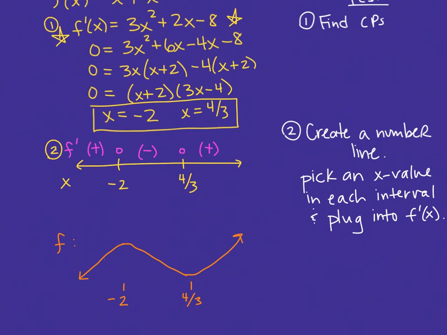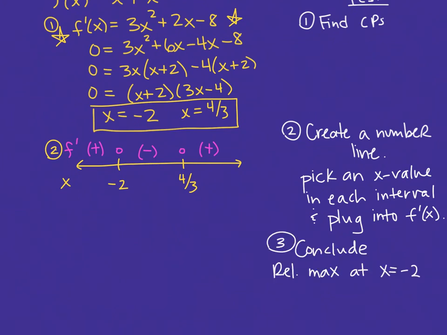Because our function went from increasing to decreasing at -2, because our first derivative was positive and then negative there, we know that -2 is a relative maximum point. For similar reasons, we know that x equals 4/3 is a relative minimum point, because our first derivative went from negative to positive, meaning our function decreased then went back to increasing. We know that we had a relative maximum at x equals -2. We also know that we have a relative minimum